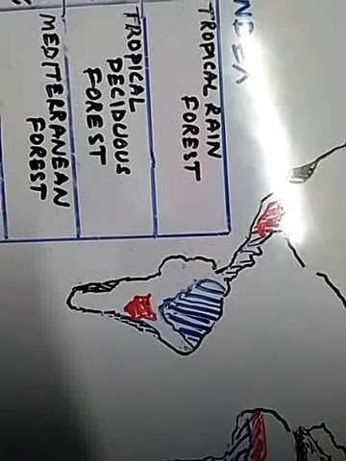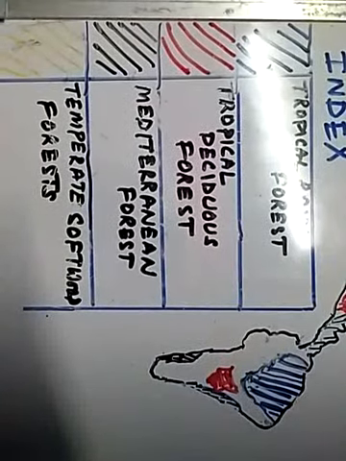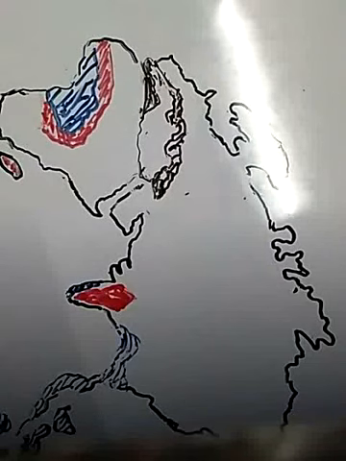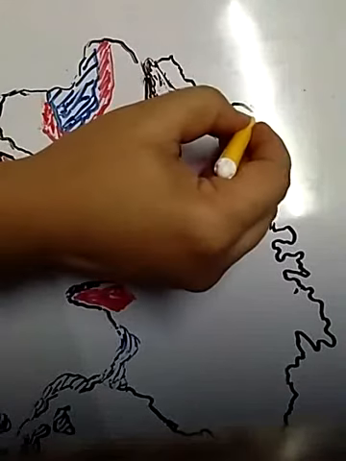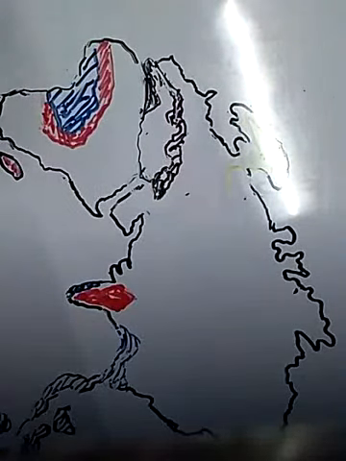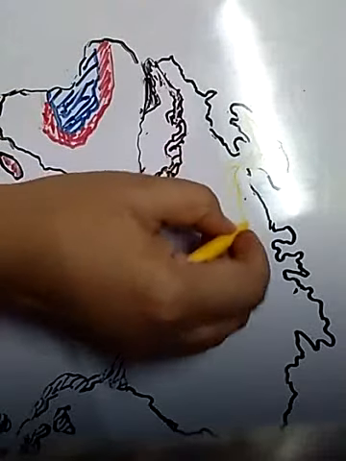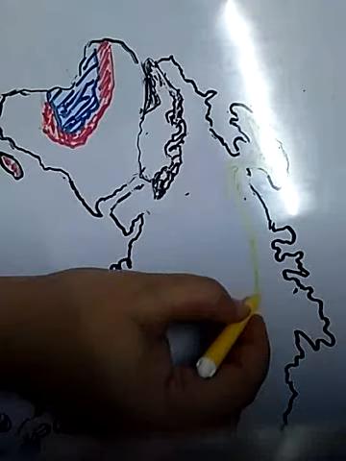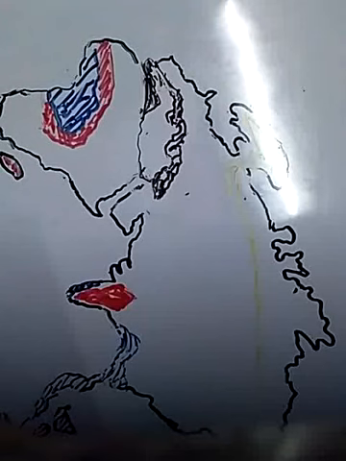The next one is temperate softwood forest. We'll show in yellow color. See, in Europe and Asia, the temperate softwood forest here. In Europe here, it is actually found in the higher latitude, in the high mountain area where the precipitation is in the form of snowfall. So in the higher latitude here in Europe and in Asia, these type of forests are found.